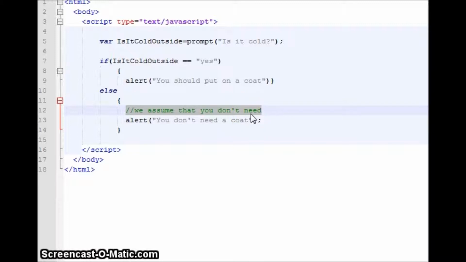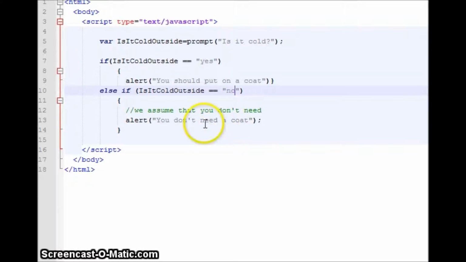What I recommend that we do is be more specific and change this to an else if condition, and we can just copy and paste this condition here, and let's change this to no, and let's put another message here, and let's make it more specific. We'll say you probably don't need a coat,